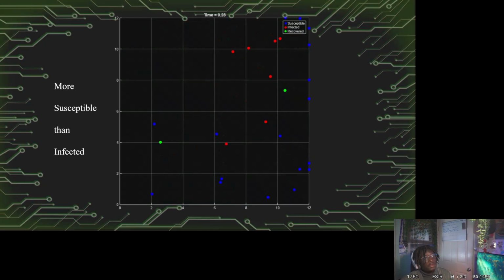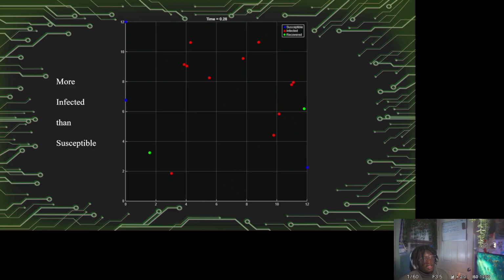And then in this scenario here, I just have more susceptible than infected. I added a ton more susceptible. As you can see, now that there's a lot more susceptible, the infected move a lot faster. The susceptible will continue running towards the corners because that's the furthest position away from all of the infected individuals, right? That's as far as they can go. And if they don't reach